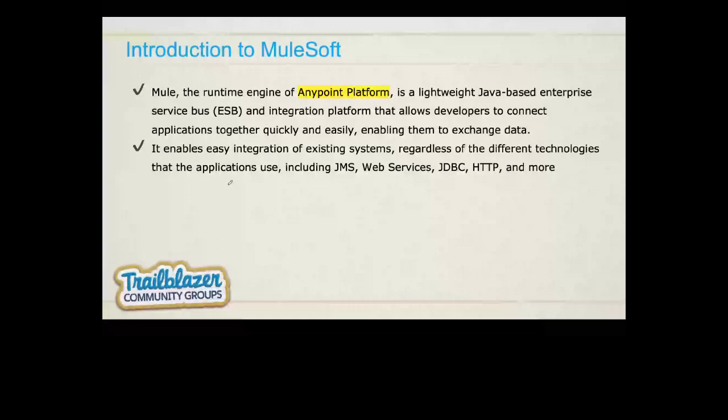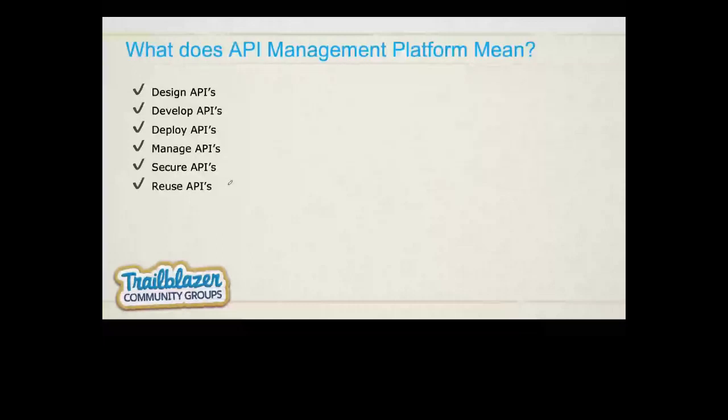So what does it mean by API management platform? As I said, Mulesoft is basically an API management platform where we can design the APIs and develop the APIs. Designing and developing the APIs are two different phases. We can deploy the APIs to CloudHub, which is basically AWS, where we deploy our code. We can also manage the complete lifecycle, like which users will be able to access the APIs and what sort of authentication we want to put on them. If you're not aware of authentication and these schemes, we'll definitely cover them while doing the practical implementation.